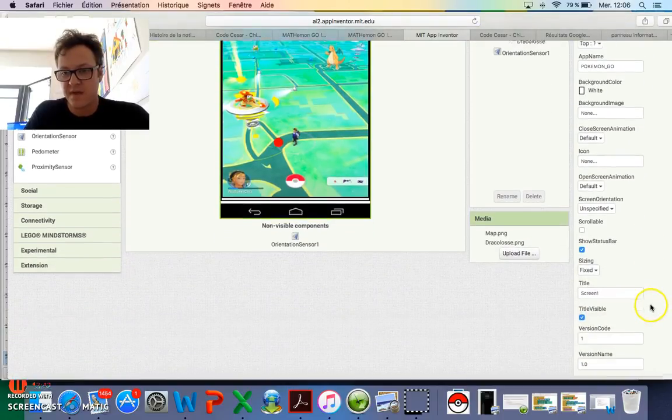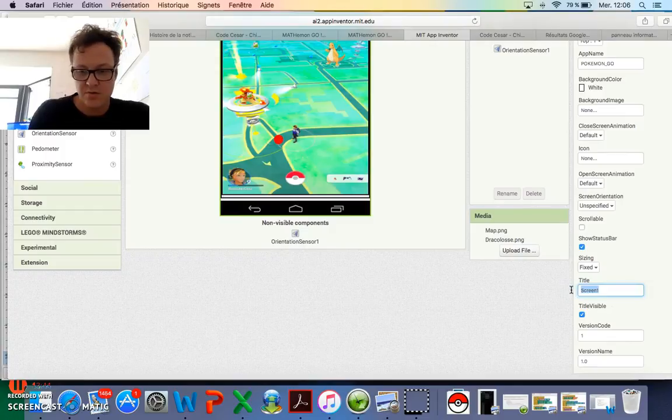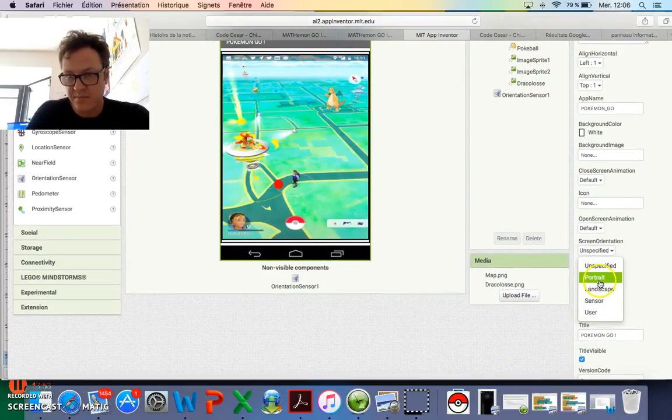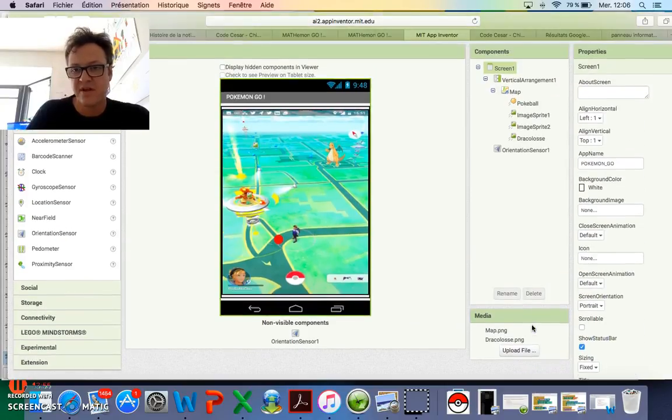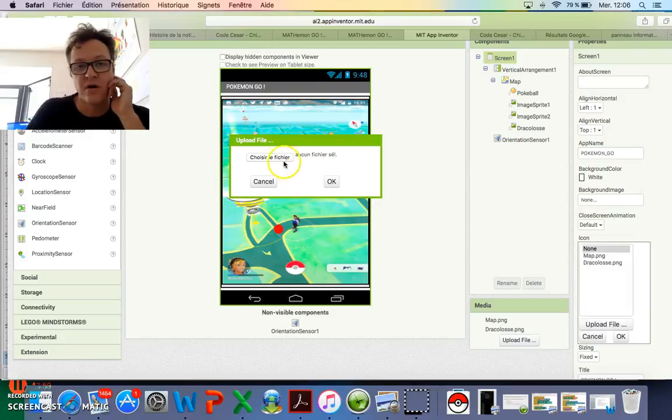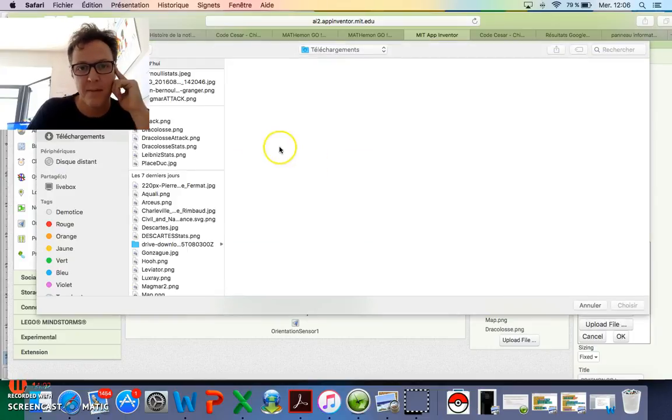You can set up its name here. You can call the app Pokemon Go, and you can set the screen orientation to portrait. You can add the icon of your app.